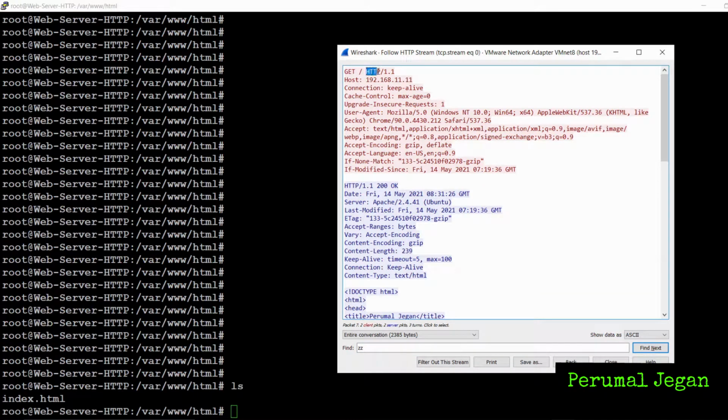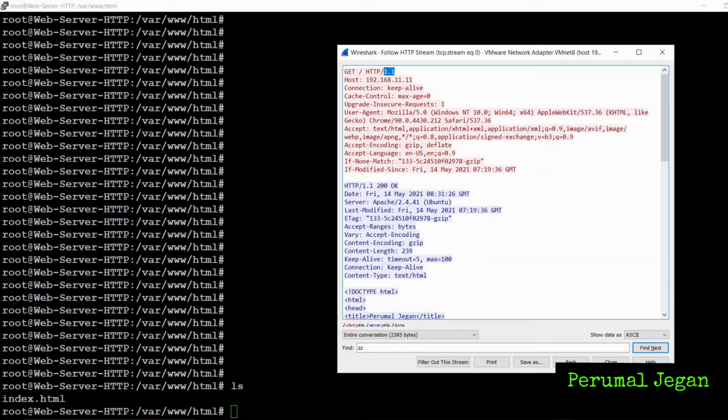And the next one is HTTP. Of course, we are seeing the HTTP communication. And then the next one is the 1.1. You may wonder what is 1.1. In some cases, you might have seen 1.0, or somewhere you might have seen 2. What are these? These are the versions of HTTP.